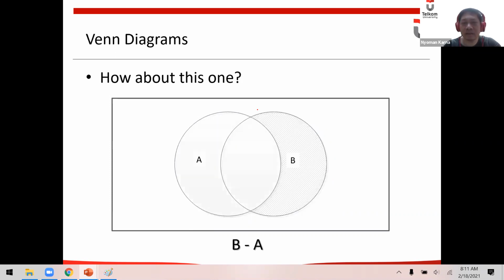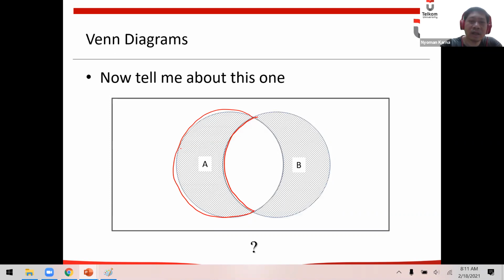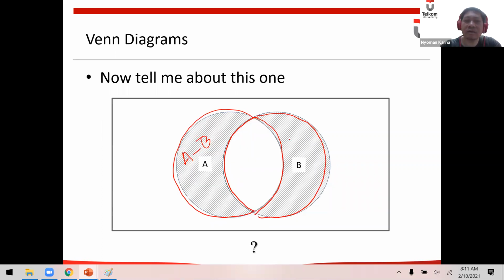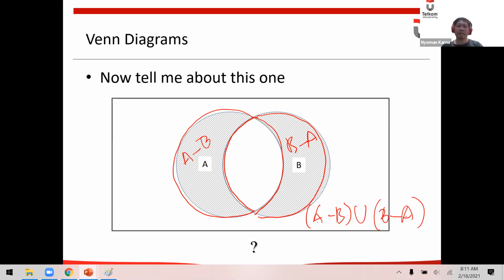It's A minus B. And this part is similar like this, B minus A. So if we want to combine this one, it's A minus B union with B minus A. Okay?